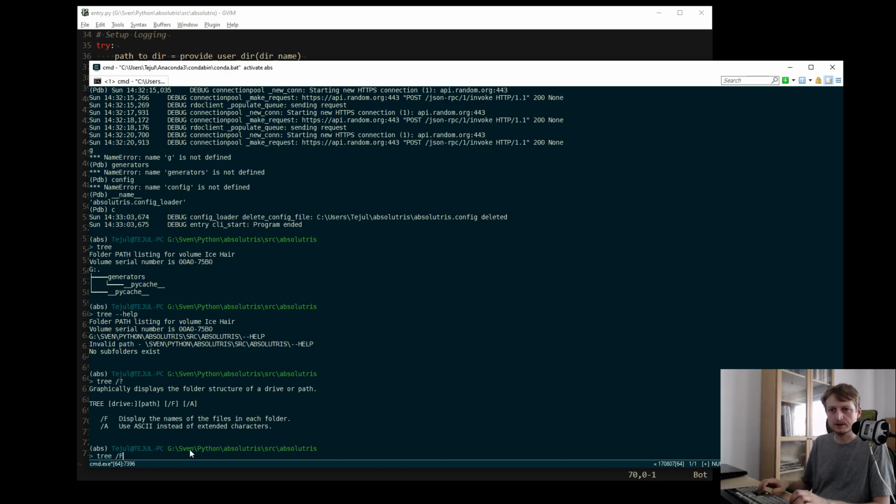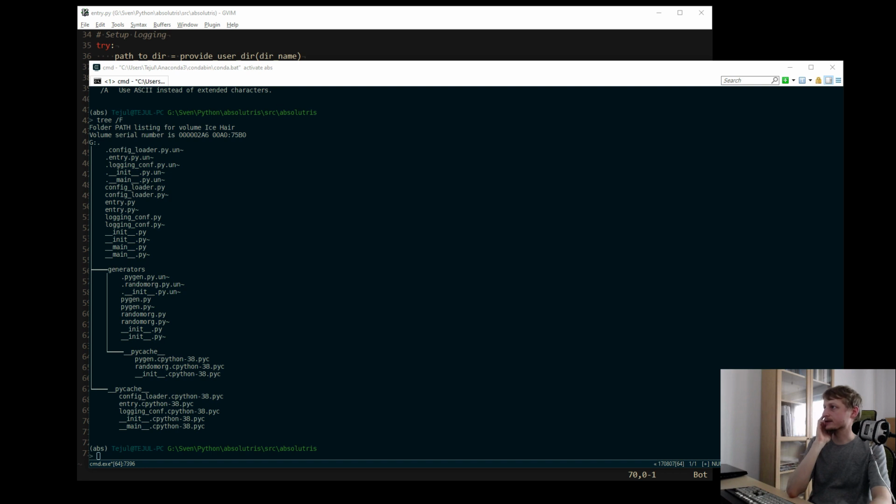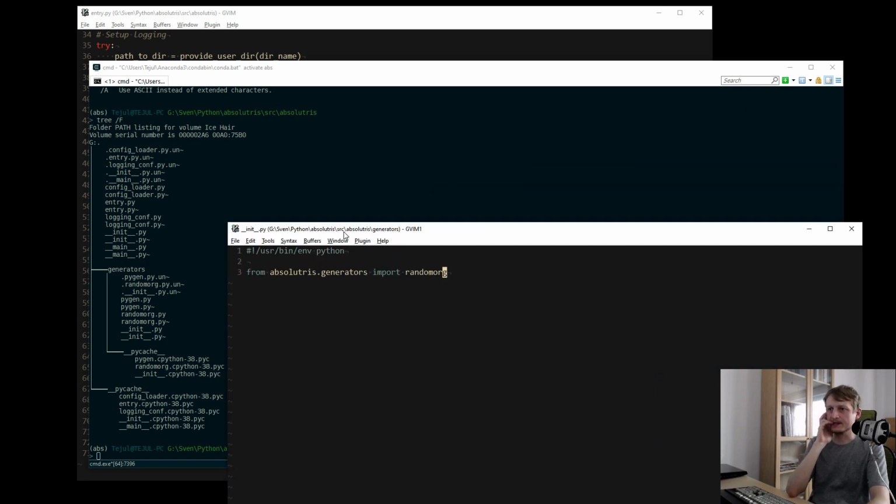Okay, so I make this. Okay, here is our tree. So generators has a random org module and init module. That's what it has. And the generators init file is basically just this, that of all the modules here I import only the random org.